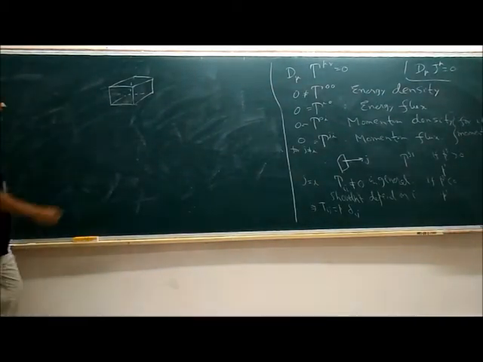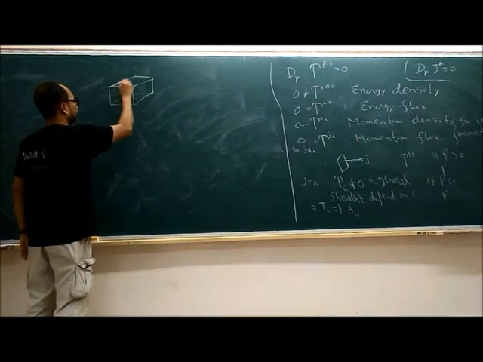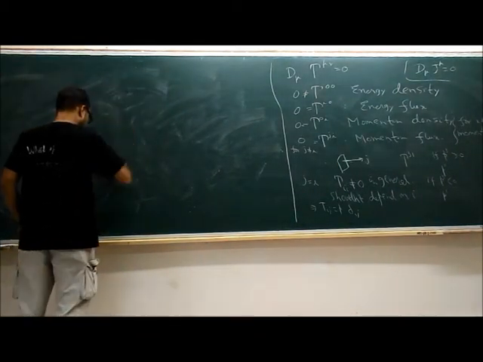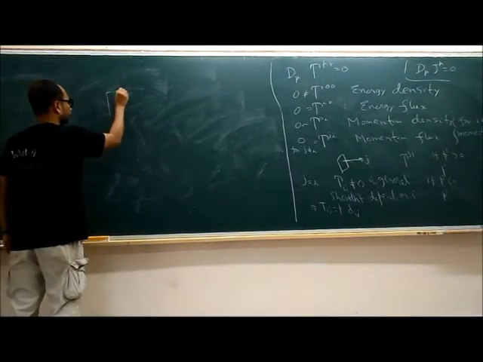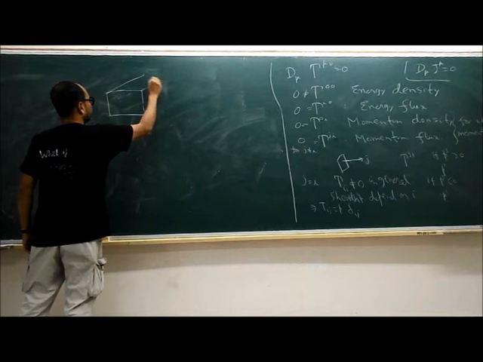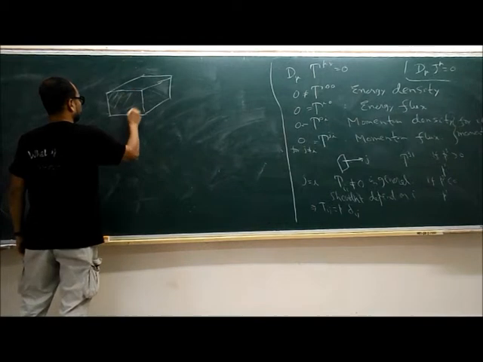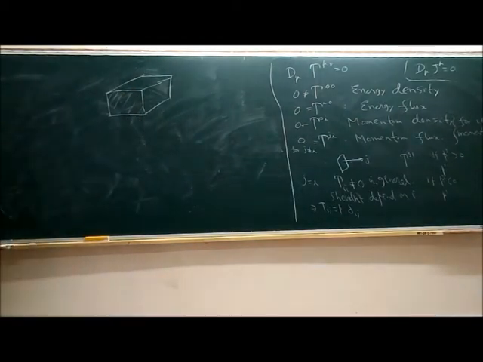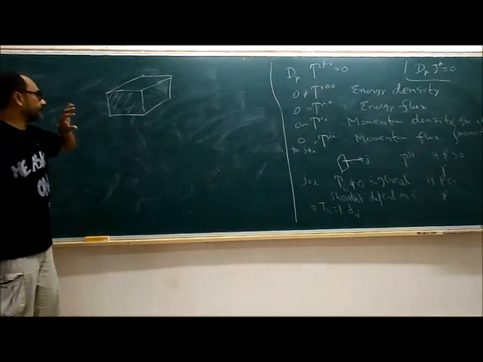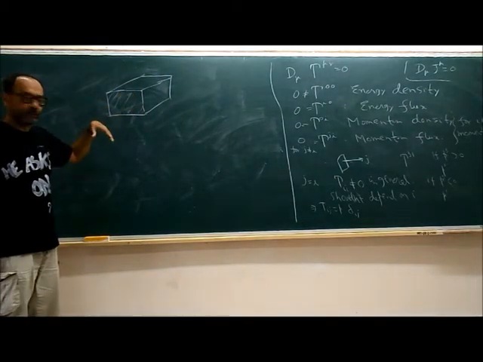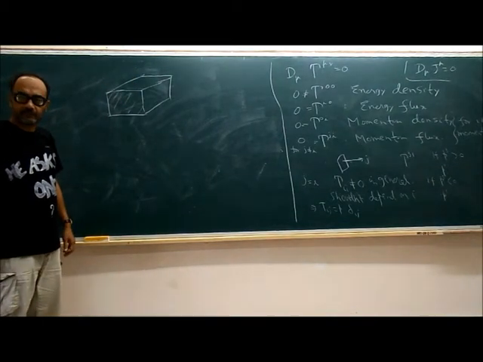So now what's going to happen? Let's look at this surface. Let me try to draw. Just take this surface, the top front one. Now what's going to happen is the particles are going to be incident from this side, outside. We'll assume that it's an elastic box and they'll get reflected. Nothing is there inside.